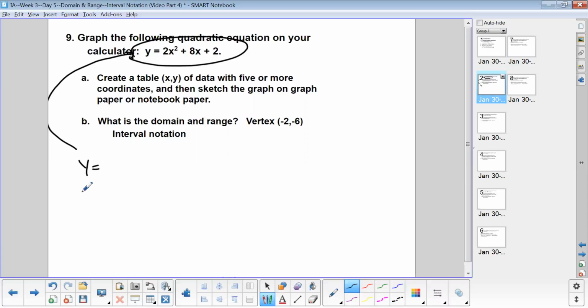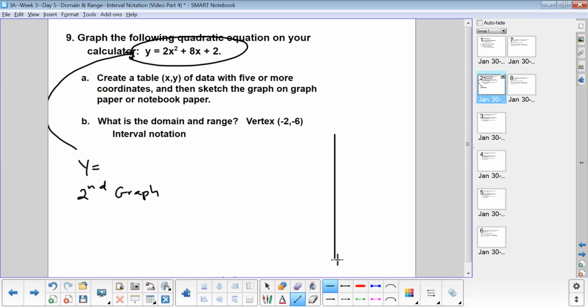And then what I want to go to is second graph. And what that's going to allow you to do is create a table of data points that will allow you to graph it and sketch it. So to do a quick sketch here,